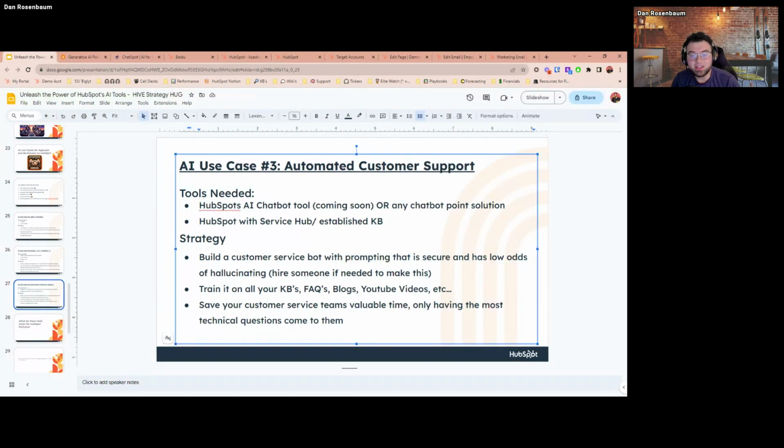And then you can have it eat up all of your knowledge base articles, all of your FAQs, all of your blogs, your YouTube videos, your PDFs, your one-pagers, your digital content, everything. It can know everything about you and your business. And then you just drop it on your website. People can talk to it. They can learn about your services. They can learn about all your FAQs. It can point them in different directions to different resources. And only when there's a question that is more on the high-end technical side will it pull a human into the loop.